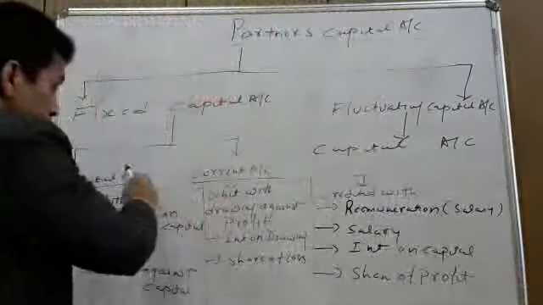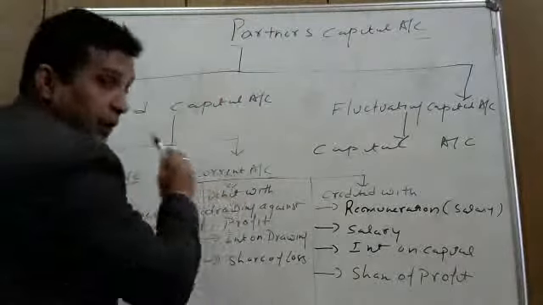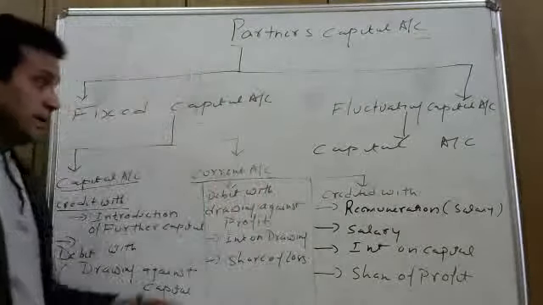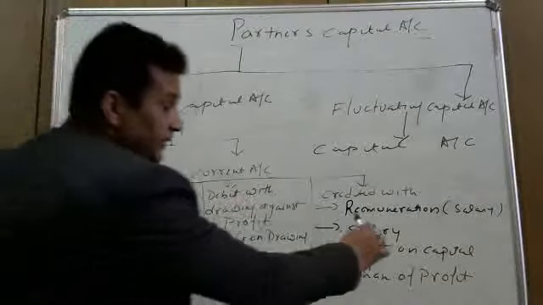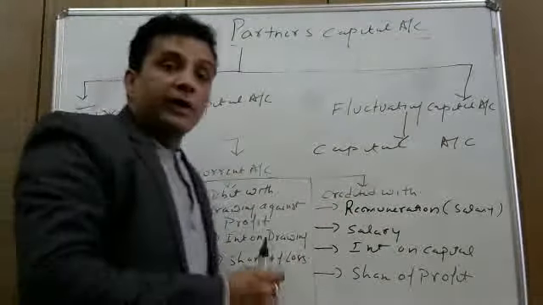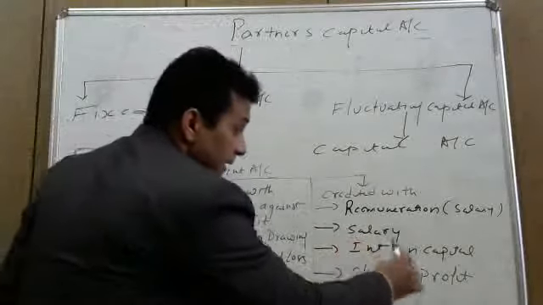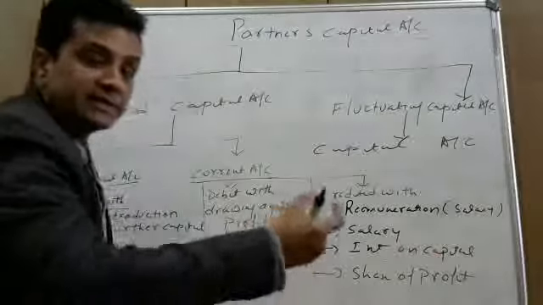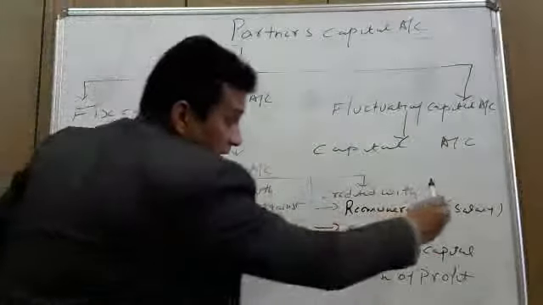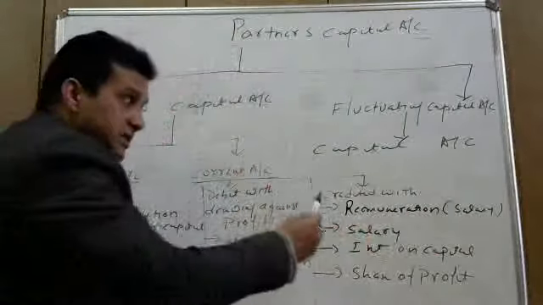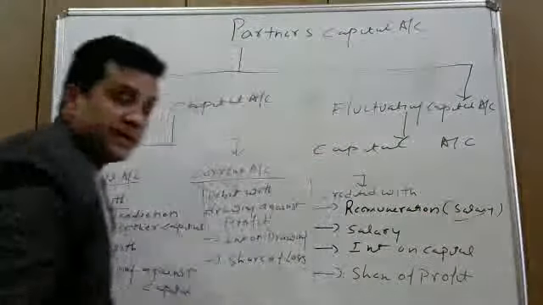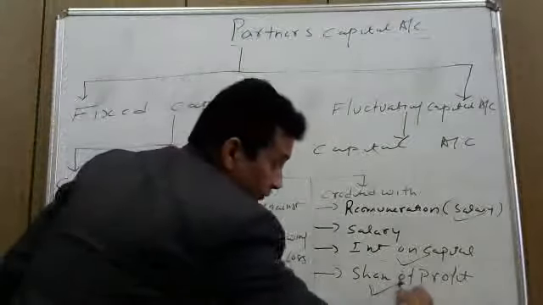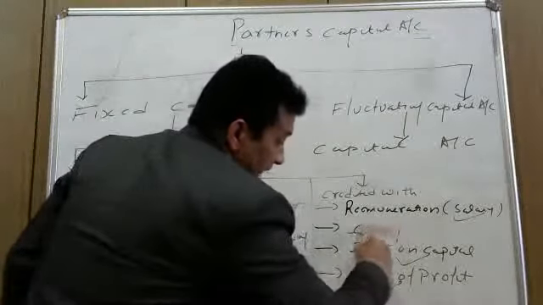Second thing, after the capital account, we need to prepare the current account. It's mandatory, it's compulsory. Now, how is the current account credited and debited? It's credited when a partner gets any salary, which we call remuneration. When he gets interest on capital or his share of profit, all that increases his balance. I repeat again, his account is credited or increased with the amount of salary or remuneration he gets, interest on capital, share of profit, or if he gets any commission.